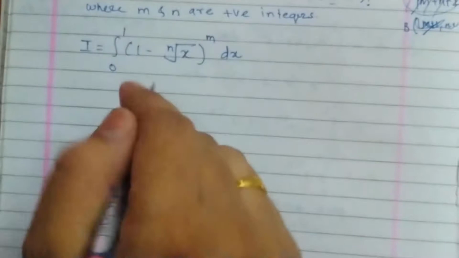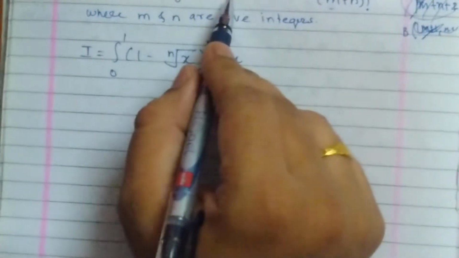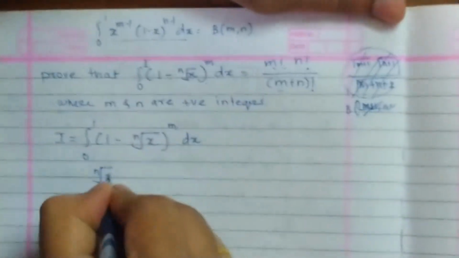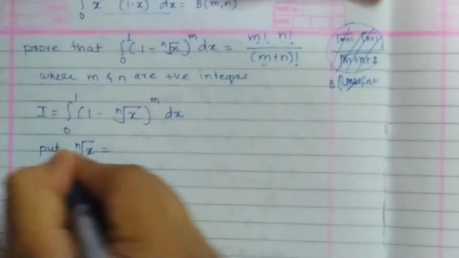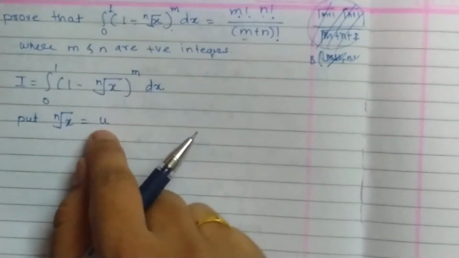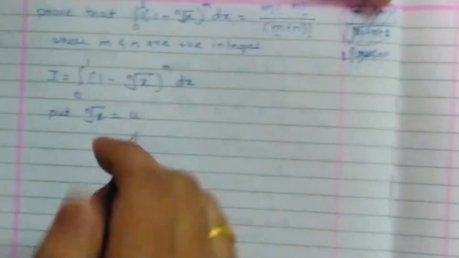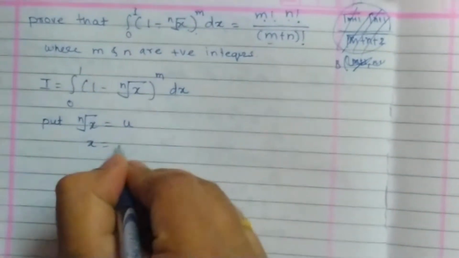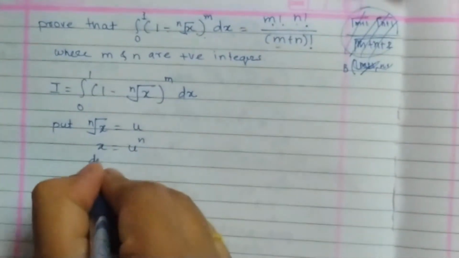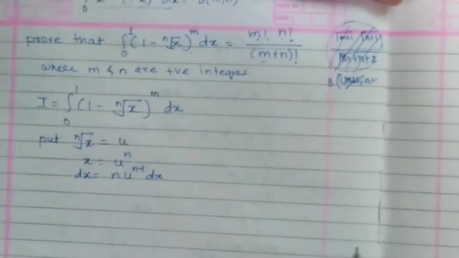Let's come to this. Now to convert it into this format, I need here 1 minus a variable. It is nth root of x. So I will make a substitution: nth root of x is equal to u. In all previous problems we were taking t, but we can change the symbol, so instead of t I am taking u. Hence x is equal to u raised to n. Therefore dx is equal to n into u raised to n minus 1 into du.